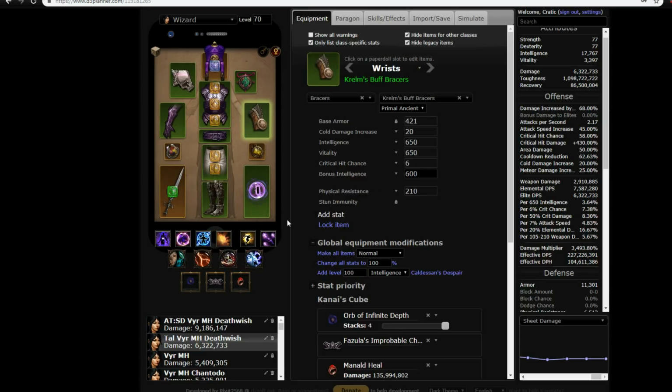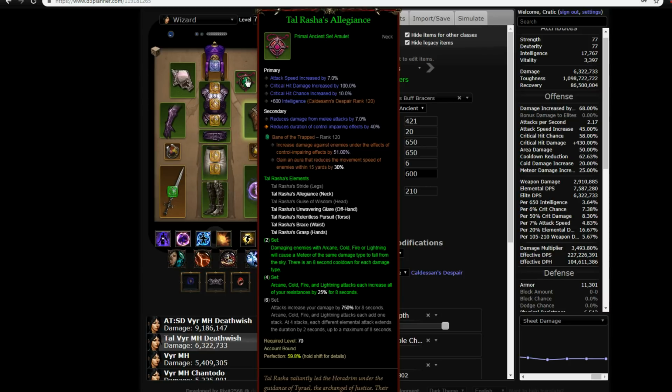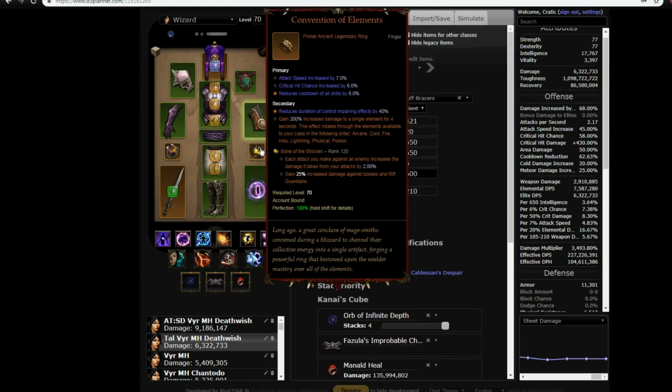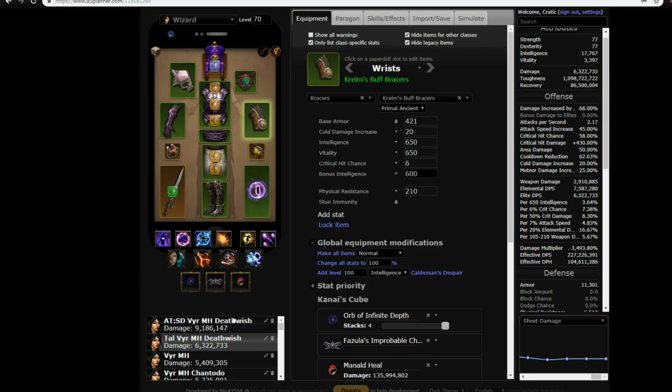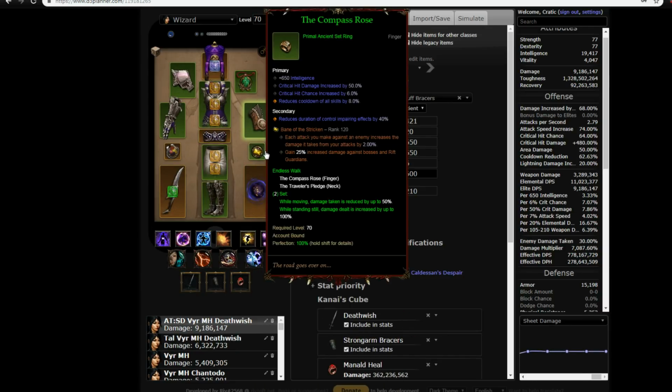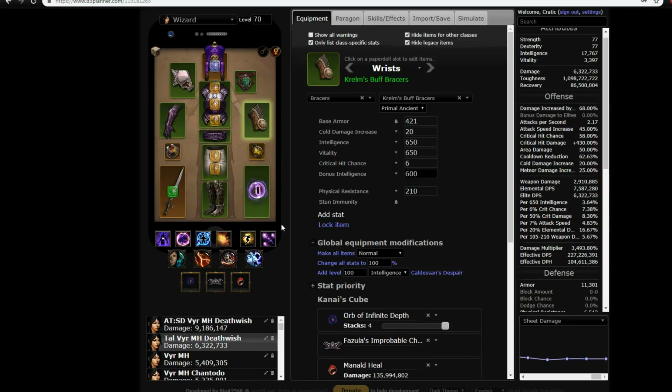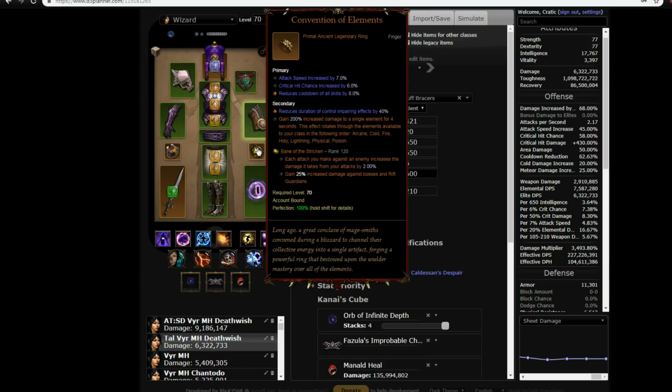Another change here is because we have to use the Tal amulet, we have to use Convention of Elements instead of the Endless Walk set, right? In the Vyr build, we were using the Endless Walk set. I think the Endless Walk set is more forgiving in that the randomness of your paralysis procs doesn't matter quite when they happen as long as you're standing relatively still, whereas in this build you kind of have to